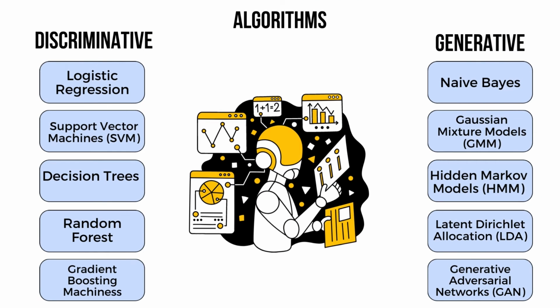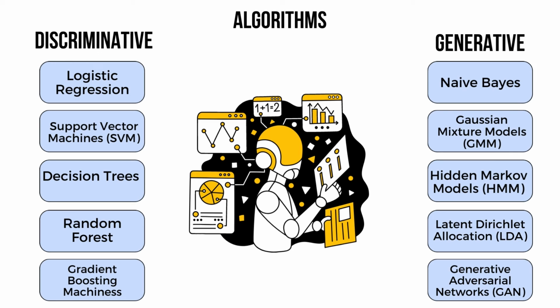And now that we know the difference between discriminative and generative machine learning algorithms, let's break down some common examples of each type. So, some of the discriminative algorithms are logistic regression, support vector machines, decision trees, random forests, and gradient boosting machines. Some of the generative algorithms are naive Bayes, Gaussian mixture models, hidden Markov models, latent Dirichlet allocation,